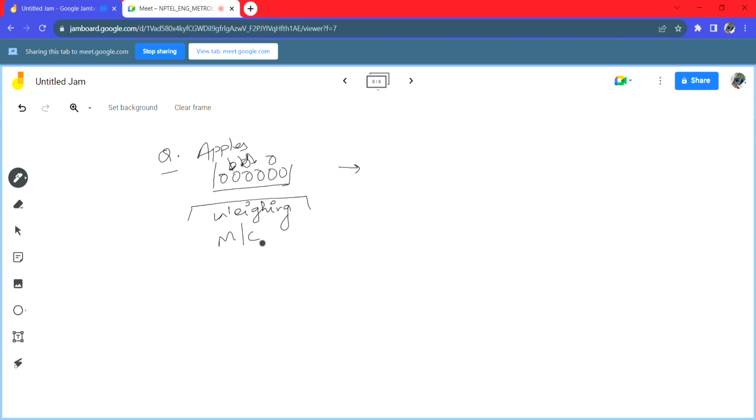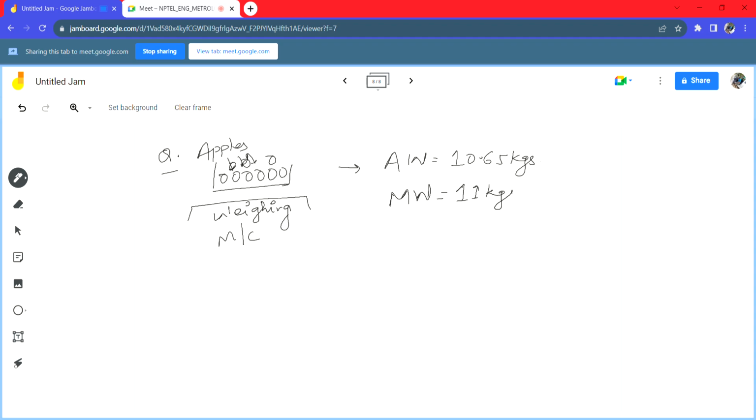Now let us suppose the absolute weight of the apples was 10.65 kgs. My weighing machine measured a value and the measured weight it showed was